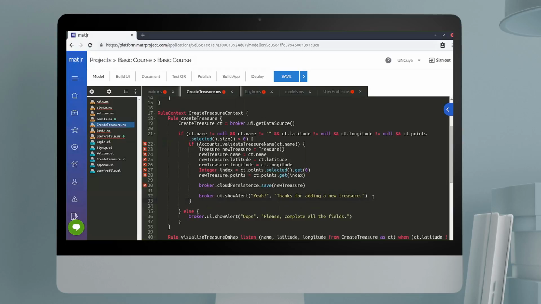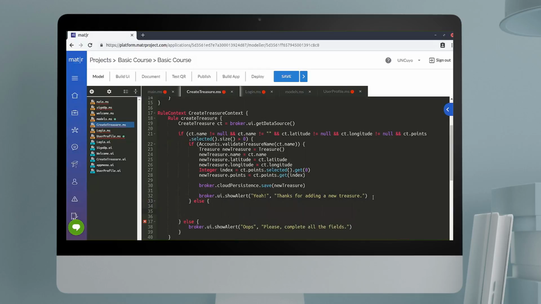Finally, we will add an else structure. Inside it, a show alert will be executed to indicate to the user that his treasure could not be created. This message will have the title, oops, and description, please select a different name. This name is already in use. Else { broker.ui.showAlert("Oops", "Please select a different name. This name is already in use") }